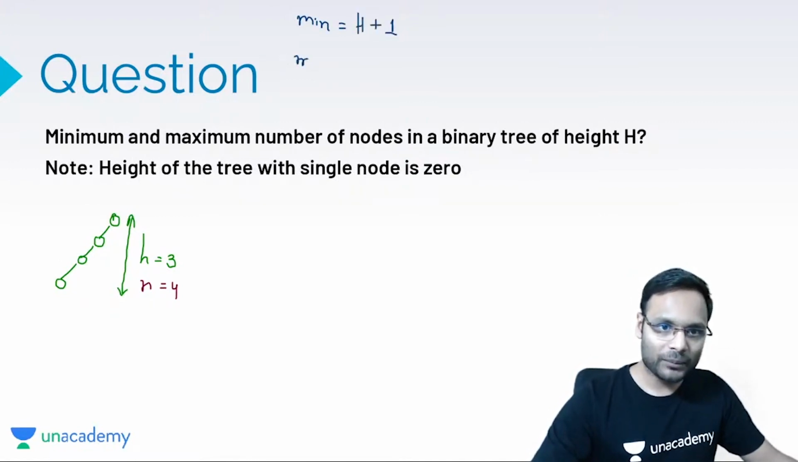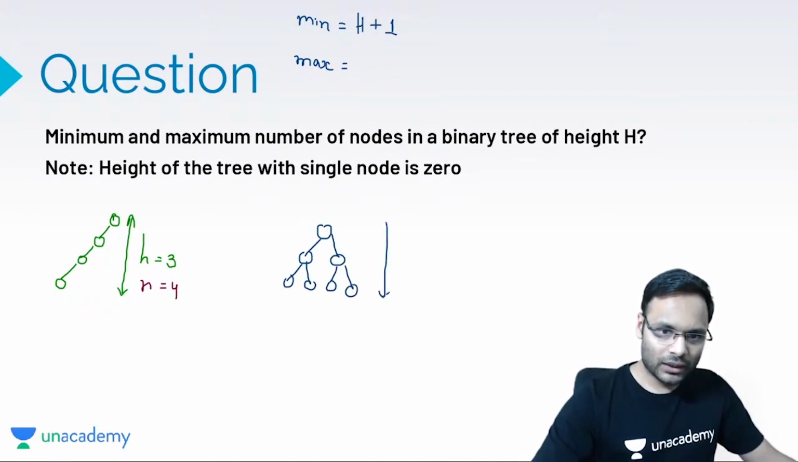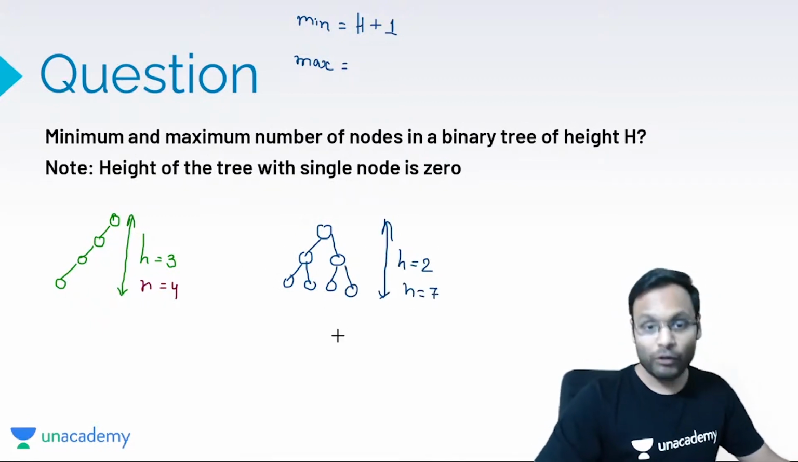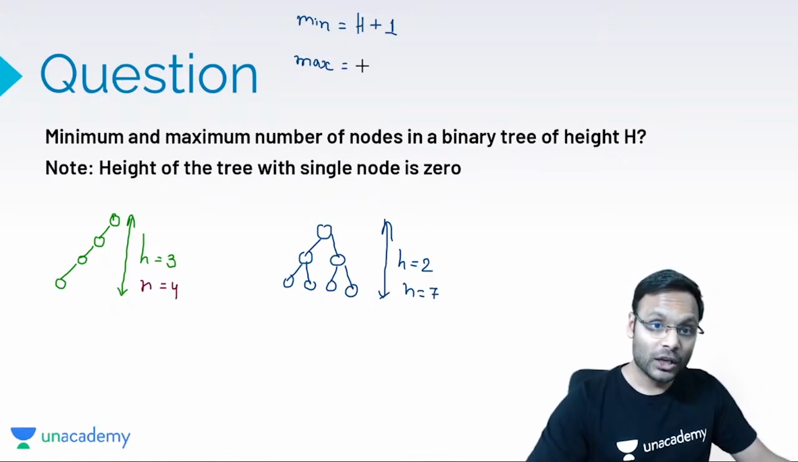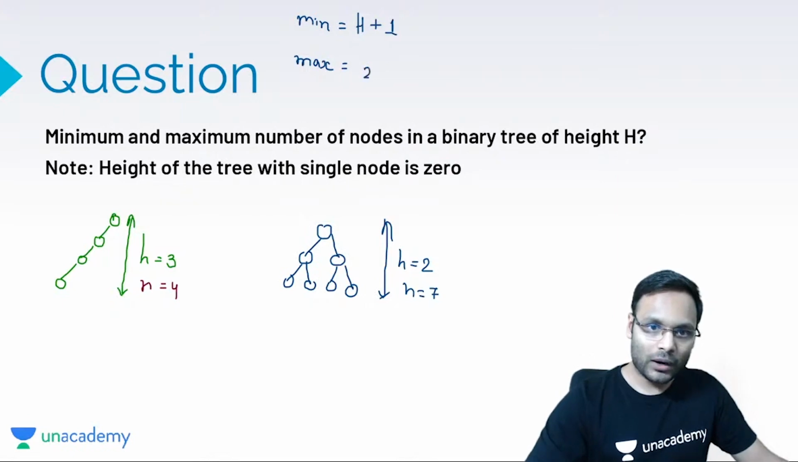What is the maximum? You remember the formula? If not, then create the tree as soon as possible. You see that. Construct the tree. Height is equal to 2, number of nodes are 7. If you increase the height to 3, number of nodes will be 15, which is 2 power h plus 1. Okay, let me write capital H. 2 power h plus 1 minus